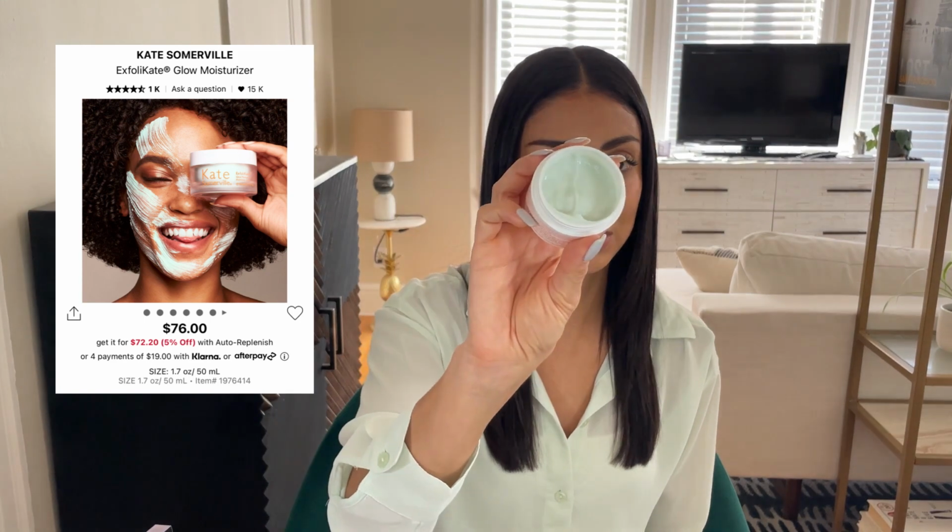So I'll use this one during the day. And what I do is I actually alternate between this one and using the vitamin C cream, again, because I don't use vitamin C every day. Sometimes I just want a regular moisturizer. So I will use the Exfoliate moisturizer. The one thing is that it's a weird color. It's like a bluish green, and I'm just